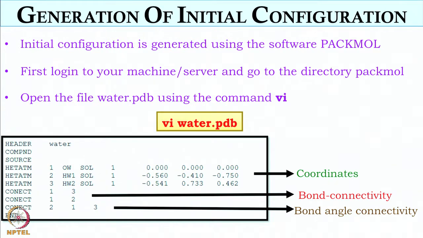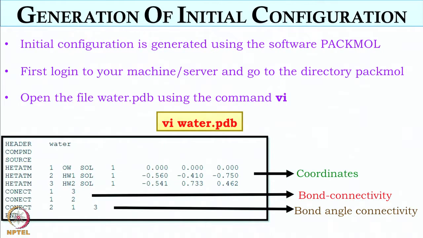The computer knows how to calculate the angle since you say 1, 2, 3 have an angle. The actual bond angle and bond length, everything you have to specify in the topology file or in an ITP file. But in a PDB file, you don't have to write the bond angle and bond length. That information is already contained in the coordinates, because you can calculate the bond angle and bond length as well. We will leave it as an exercise.